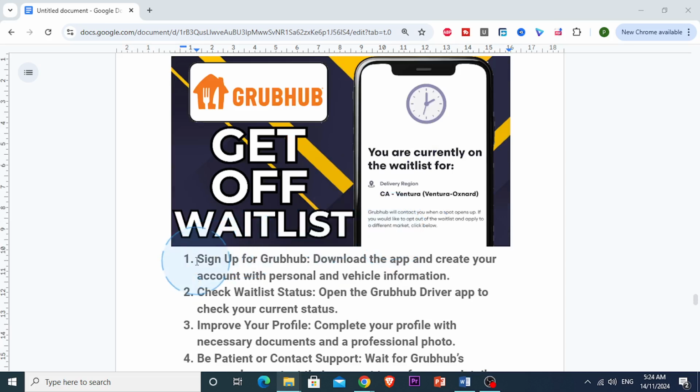First things first, if you haven't already, you want to go to the Grubhub website or just download the Grubhub driver app from the App Store or Google Play. After installing, you'll need to sign up by entering your personal details, vehicle information, and your preferred working hours. Once you have signed up, you'll be placed on the waitlist if there's high